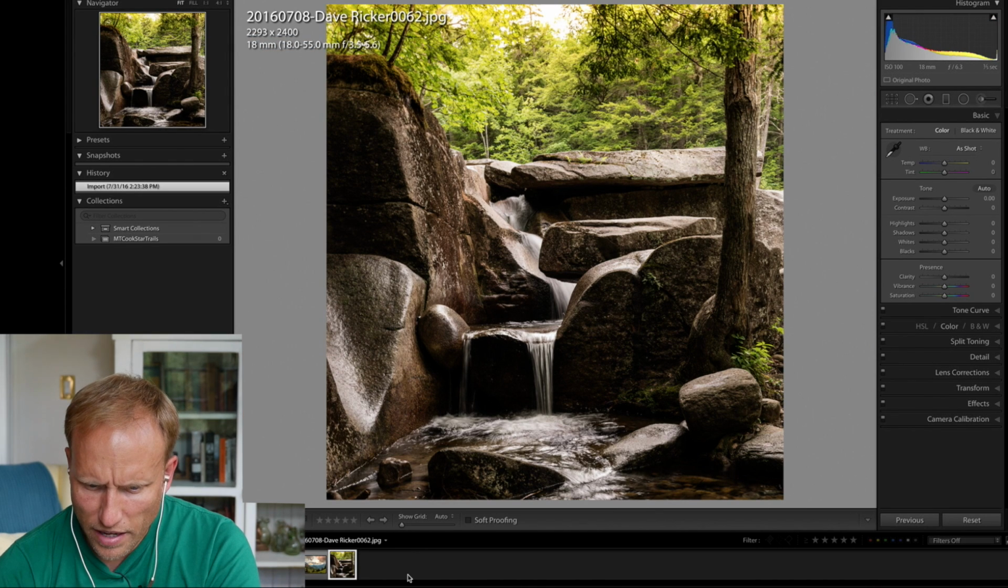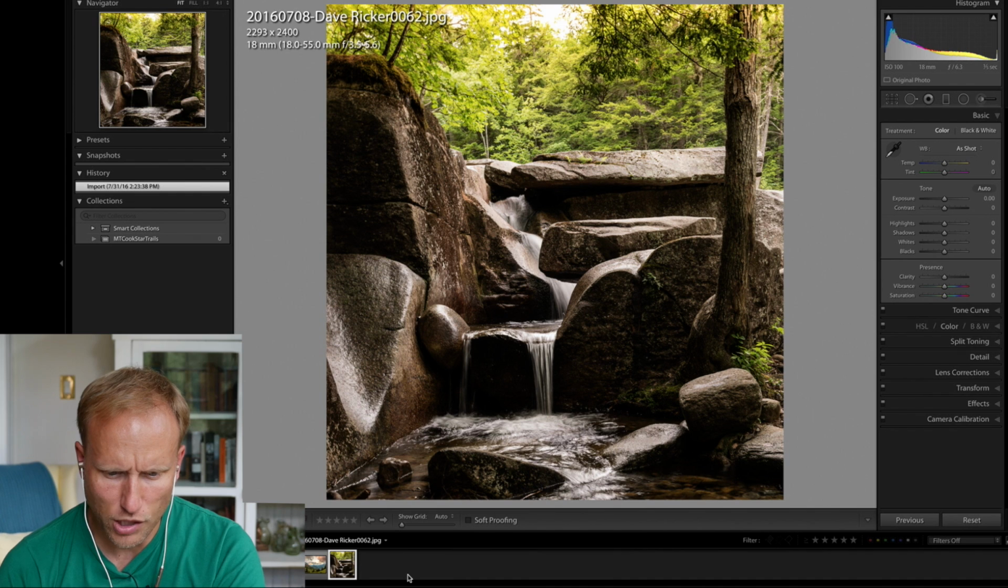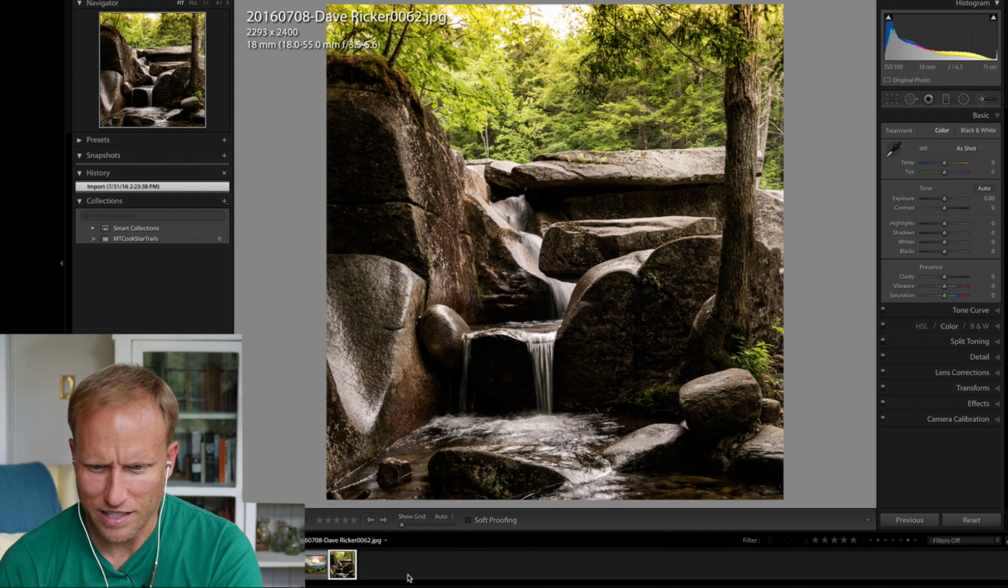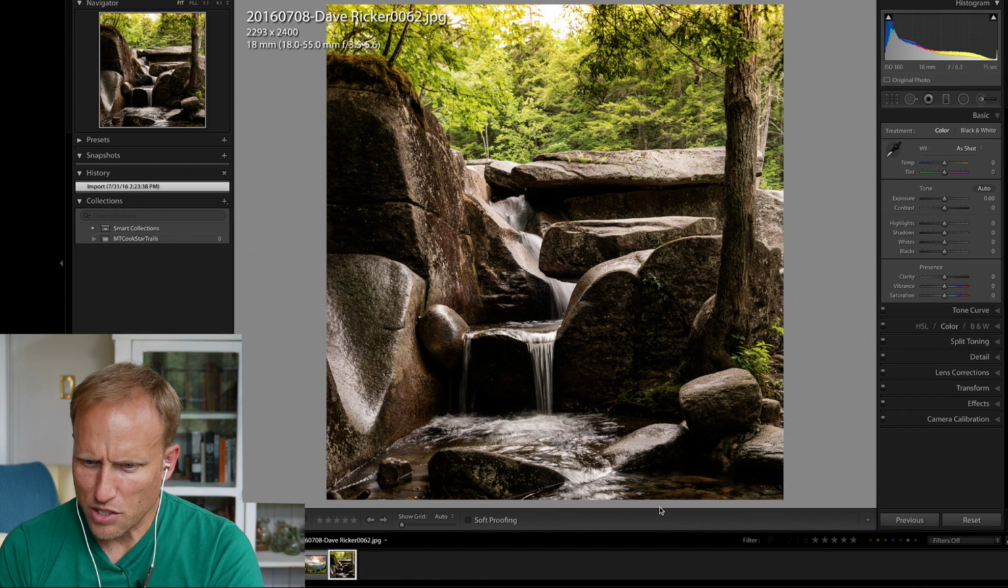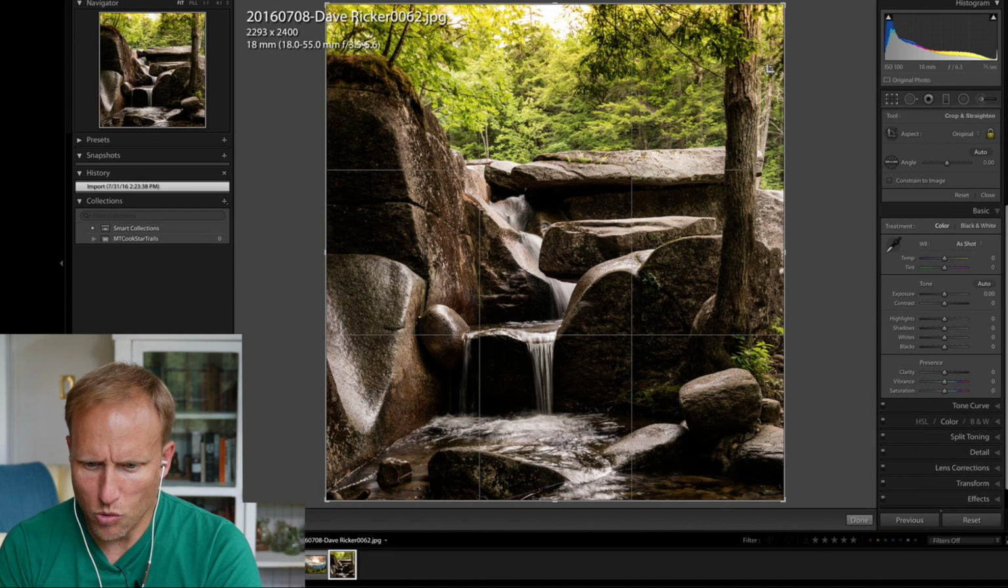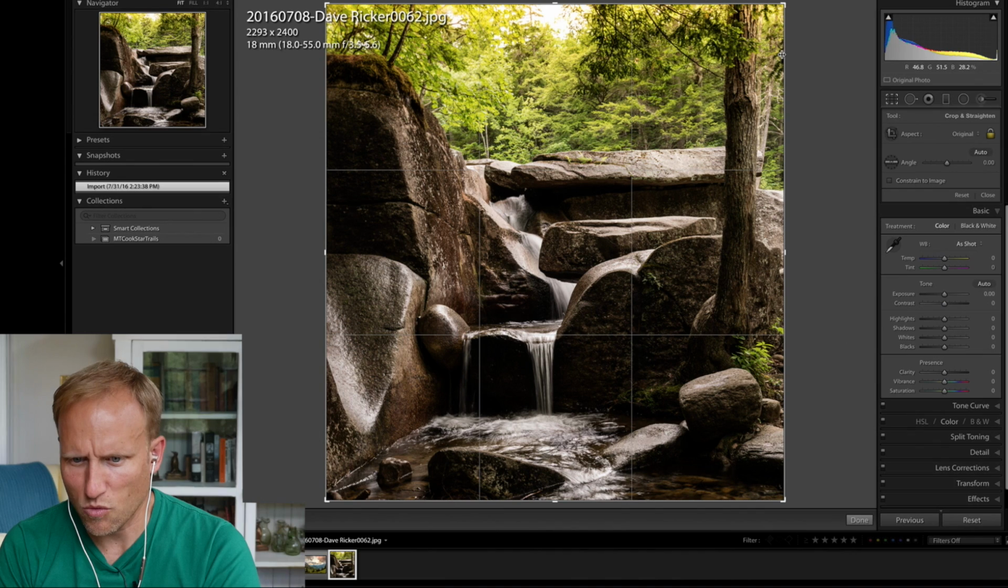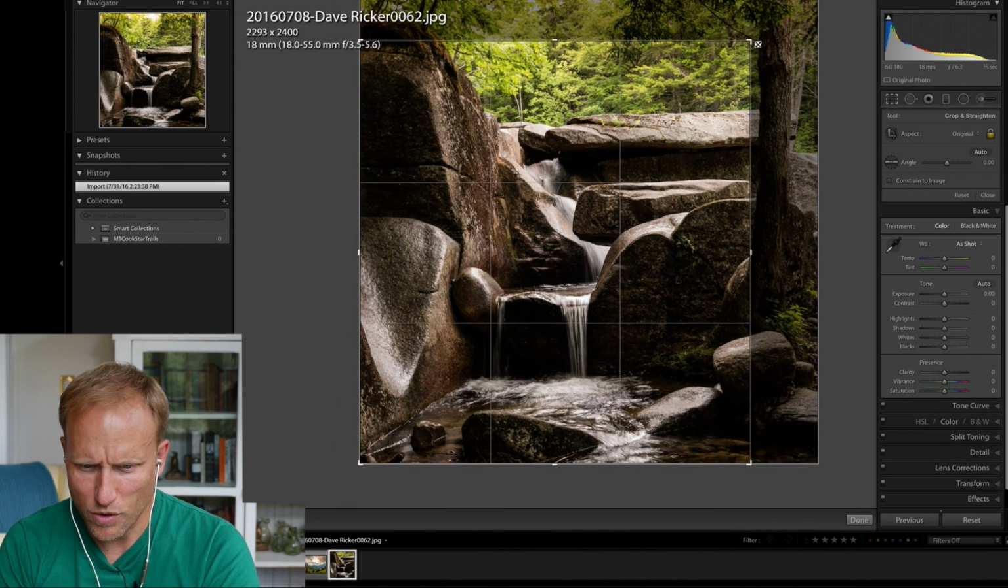Dave Ricker has some soft flowing water. I am a sucker for shots like this. I think this is nice. Looks like we're working with a square. I tell you what, I would crop in more. This tree with its little bit of space on the right doesn't seem to me to add anything, nor does the area above it. If we come right in here,